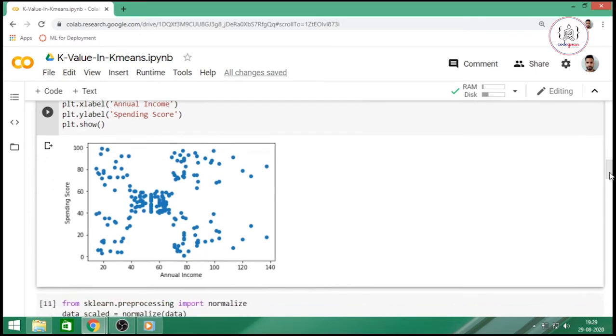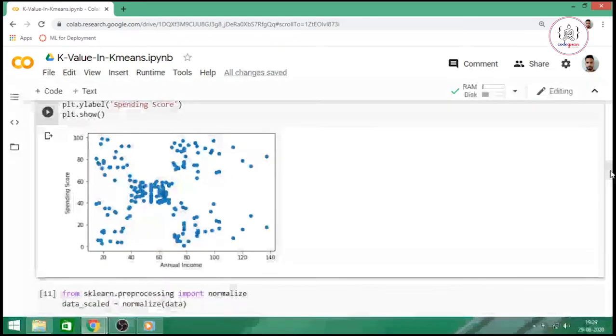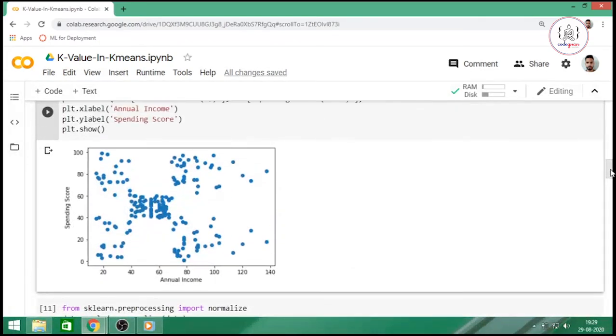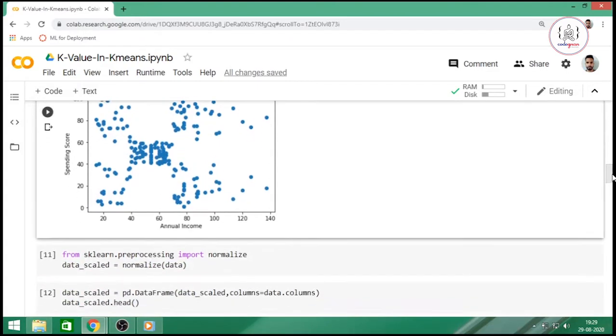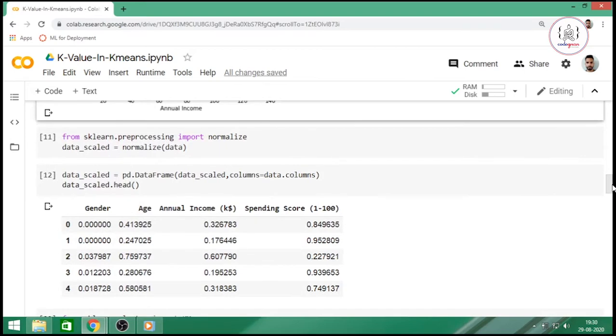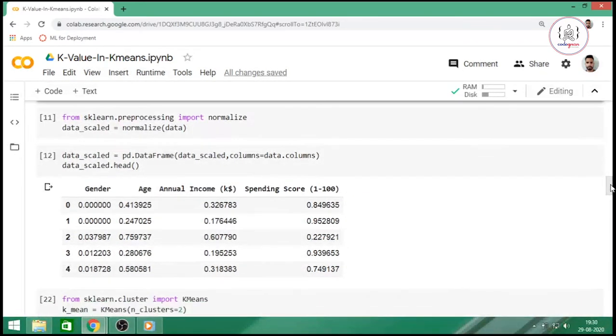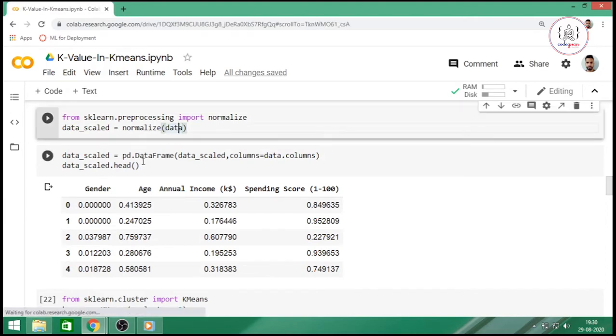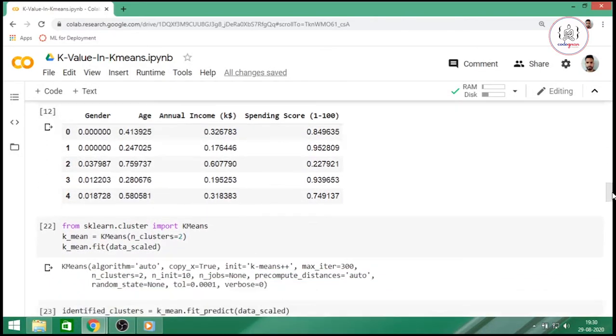Now let's move forward and first build our model with just 2 clusters. Before feeding this data we have to normalize it, as these are distance based algorithms. So we have scaled the data set and now we are ready to feed it into our k-means clustering algorithm.